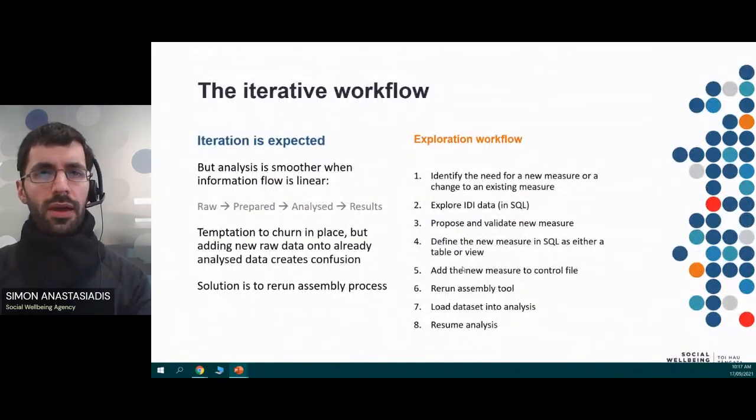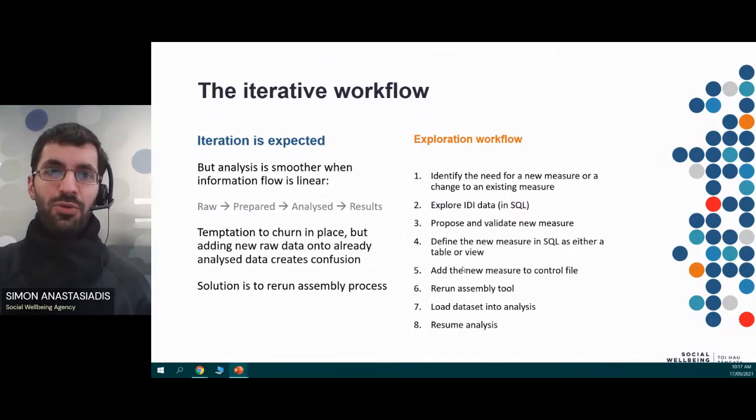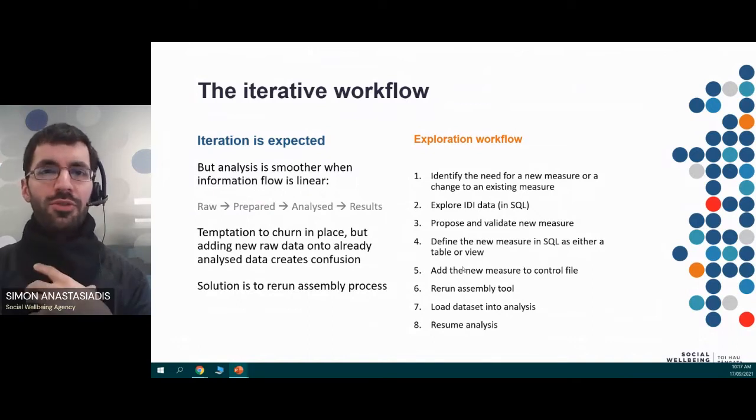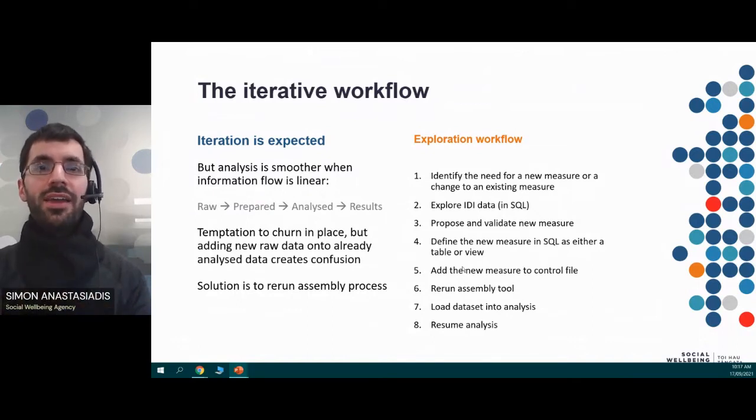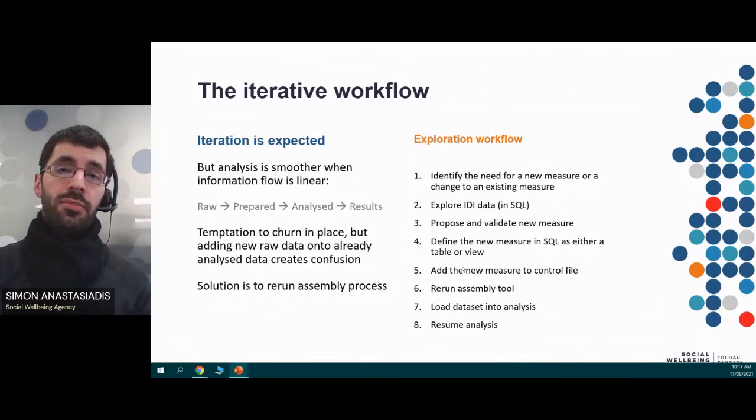I spoke early on about iterating with a colleague. Perhaps the ideal workflow or the ideal data flow is linear. Everything starts with raw data and ends up with analyzed results. But as a researcher, my workflow is not linear. I iterate through that middle point, needing some additional prepared information, analyzing it, perhaps modifying it,